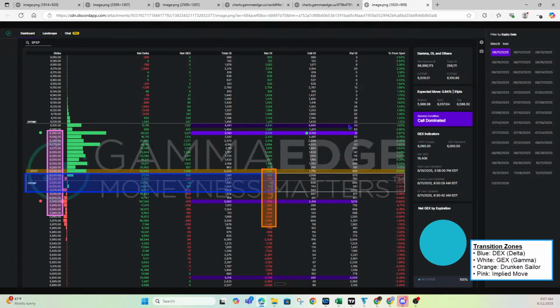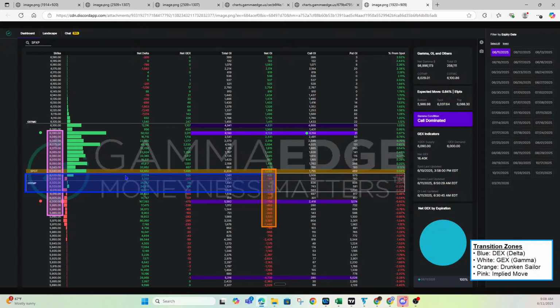You see 0DT turned on. Our legend down here in the lower right corner gives us an indication of our transition levels. So blue is the DEX, white is the GEX. You see there's a confluence of DEX and GEX transition. And as I've spoken about the past few days, that really gives us a great certainty of the areas that